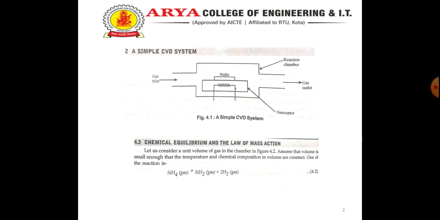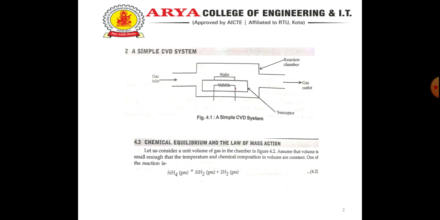Now, the steps that occur during the CVD process are: transport of precursors from the chamber inlet to the proximity of the wafer, reaction of these gases to form a range of daughter molecules, transport of these reactants to the surface of the wafer, surface reaction to realize silicon, desorption of gaseous byproducts, transport of byproducts away from the surface of the wafer, and transport of byproducts from the reactor.